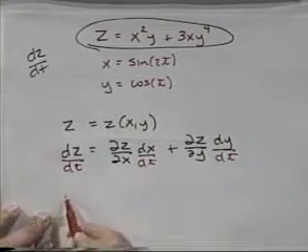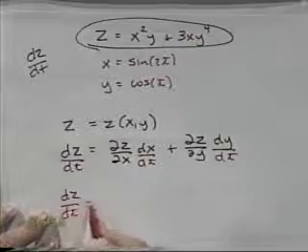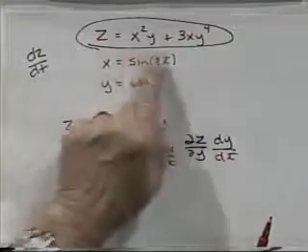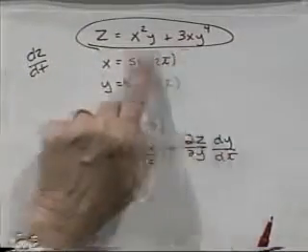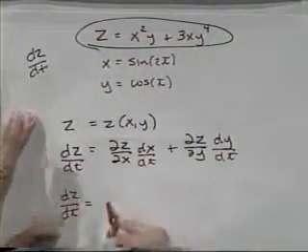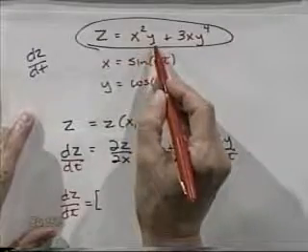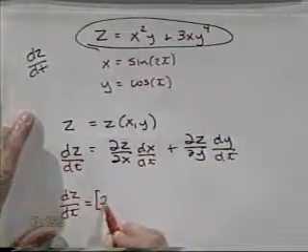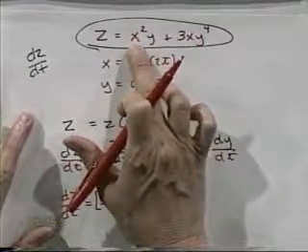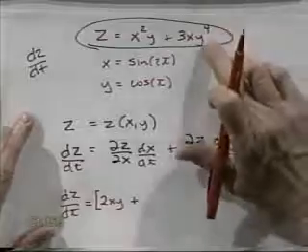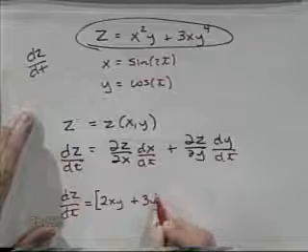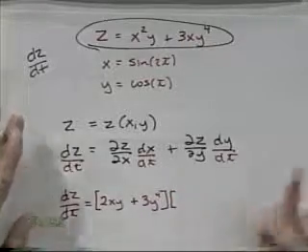All right, so dz/dt is equal to, and I look up here and I say, okay, what's the partial of z with respect to x? Well, we're going to hold y constant, and take our derivative with respect to x. That's going to give me 2xy, because y is a constant and the partial of x squared is just 2x, plus y to the fourth is a constant, so the derivative of 3x with respect to x is just 3. But now I have to multiply it times